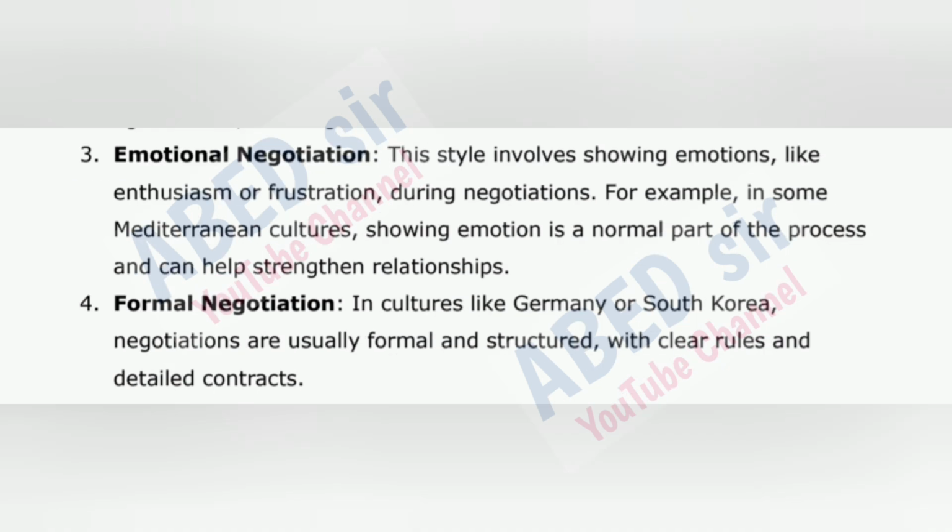3. Emotional negotiation. This style involves showing emotions, like enthusiasm or frustration, during negotiations. For example, in some Mediterranean cultures, showing emotion is a normal part of the process and can help strengthen relationships. 4. Formal negotiation. In cultures like Germany or South Korea, negotiations are usually formal and structured, with clear rules and